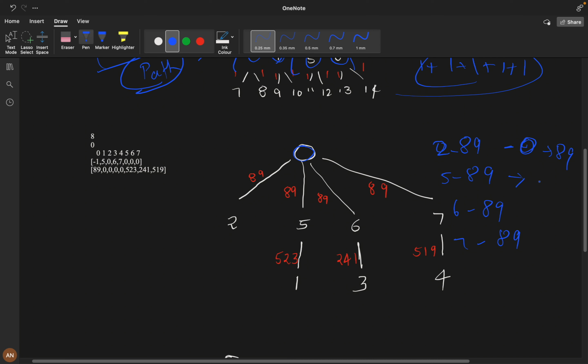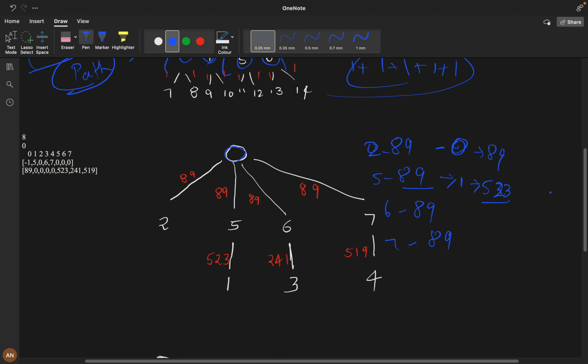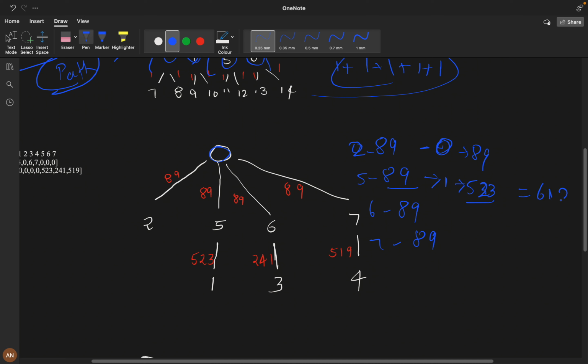5 is informing 1. How much is it taking? 523. 523 plus 89, 612, right? 612 it is taking. For 3, it is taking 241 and 89, how much is that? 330.